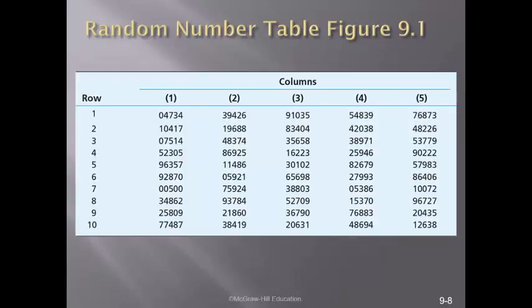This slide shows a table of random numbers. This is one of the easiest methods of selecting items at random. In using a random number table, the first step is to establish correspondence between the digits in the table and the items in the population. This is most easily done when the items in the population are